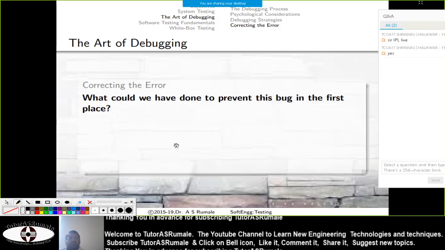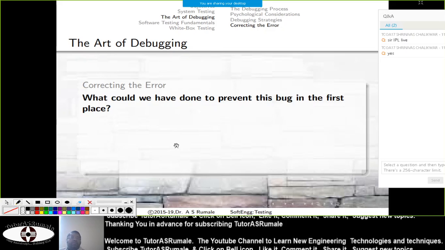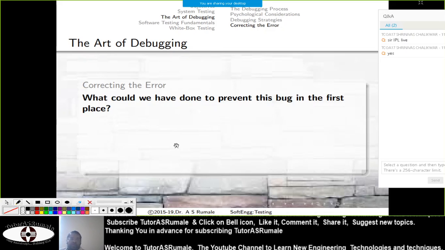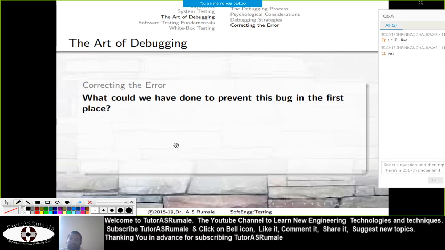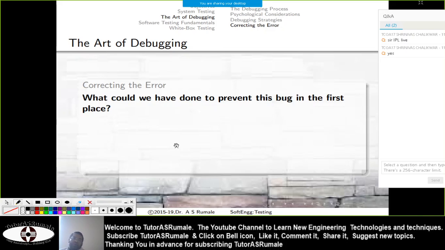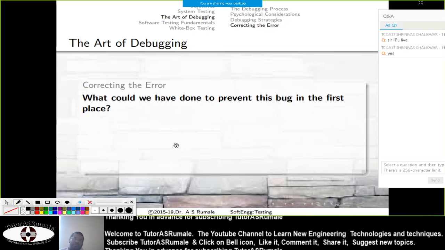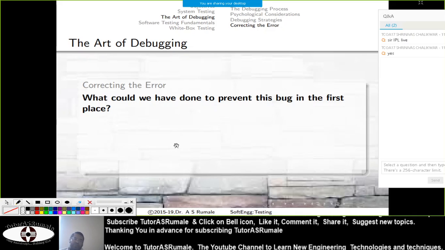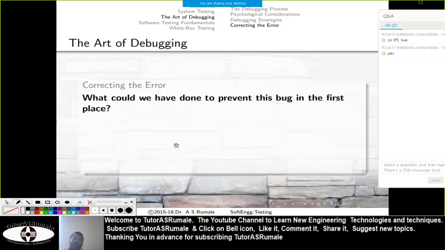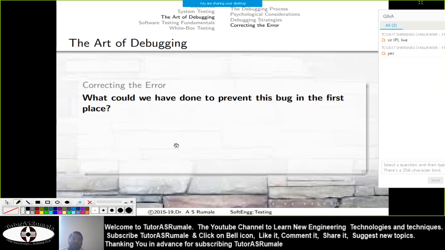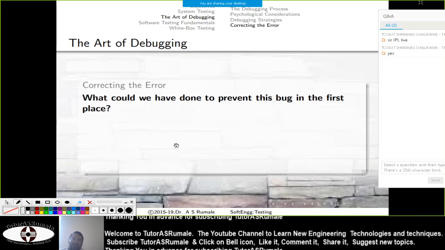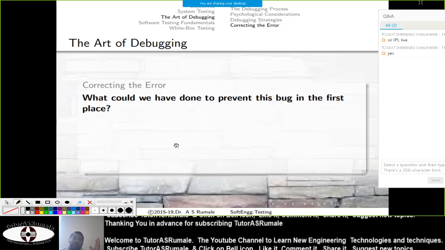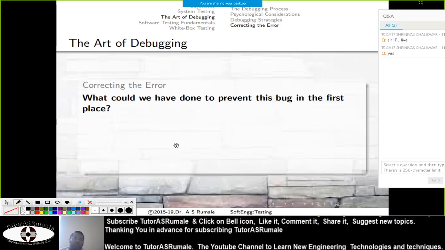The last question is: what could we have done to prevent this bug in the first place? Some things are like this: for example, if you practice requirement engineering specifications, the practice of inception, elicitation, elaboration, negotiation, verification and validation, you will hardly get bugs in your actual design.